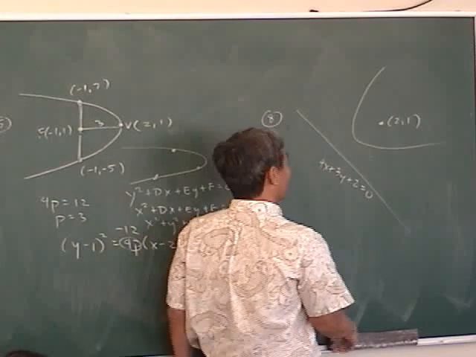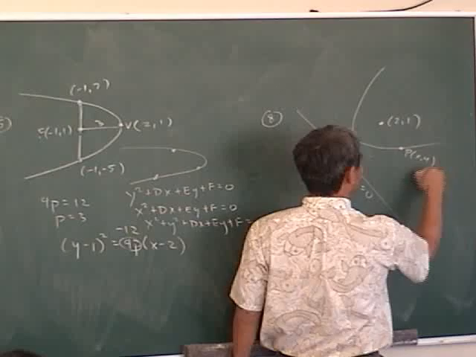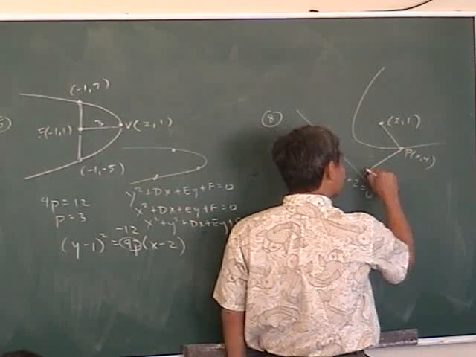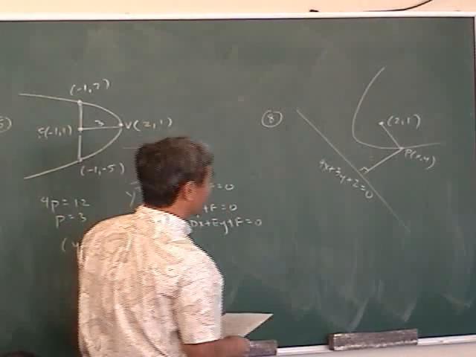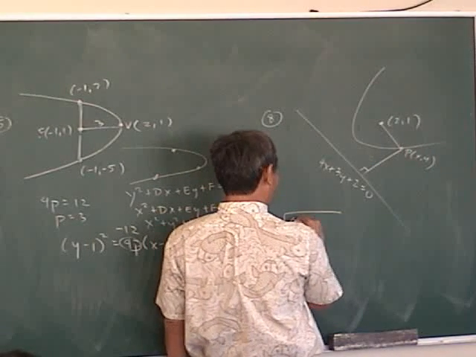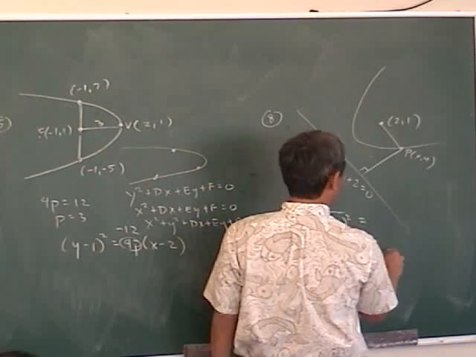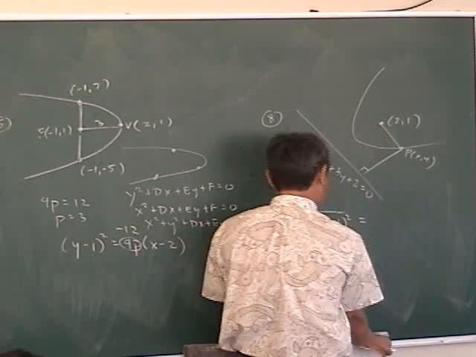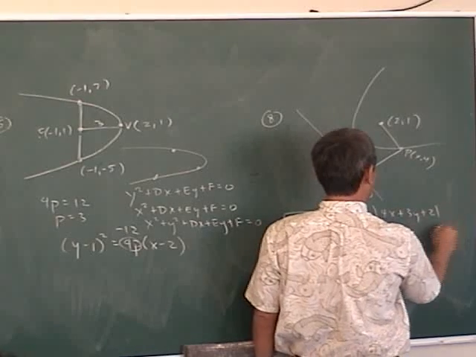Tilted parabola. But what's the definition of a parabola? If this is a point on the parabola, a representative point, then what? This distance and that distance gotta be equal. They're equidistant. It means the distances are equal. How do I find the distance from here to here? Distance formula, square root of x minus 2 squared plus y minus 1 squared equals, how do you find the distance between a point and a line? Oh, you use that formula, which is the absolute value of 4x plus 3y plus 2 all over